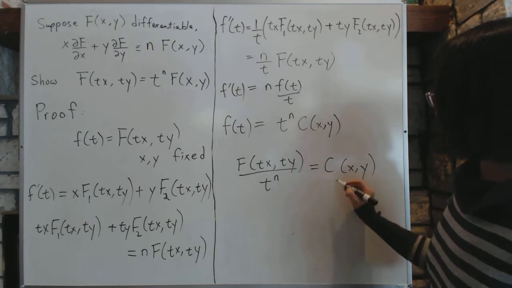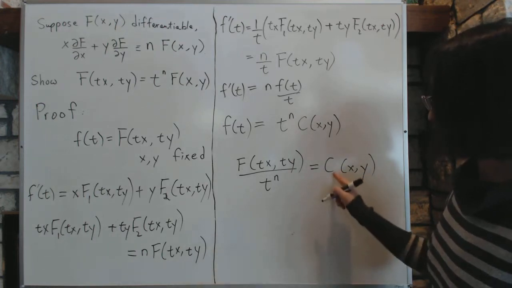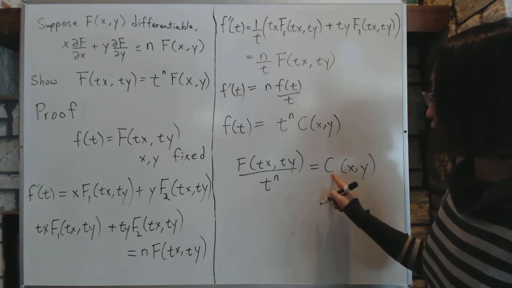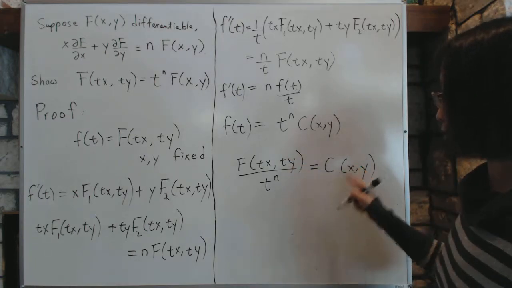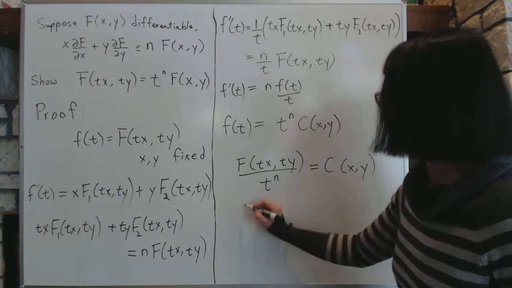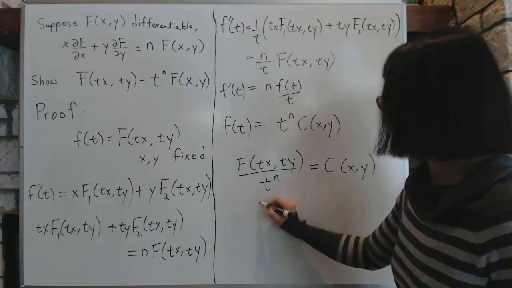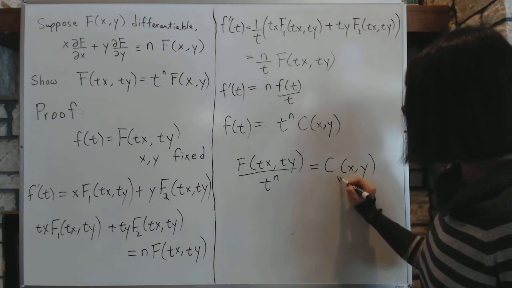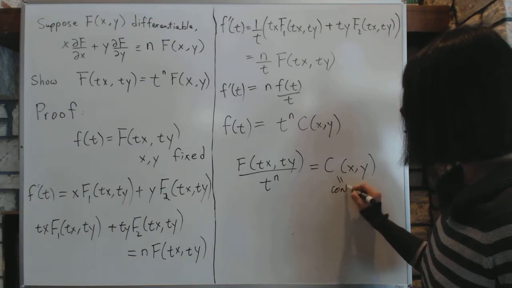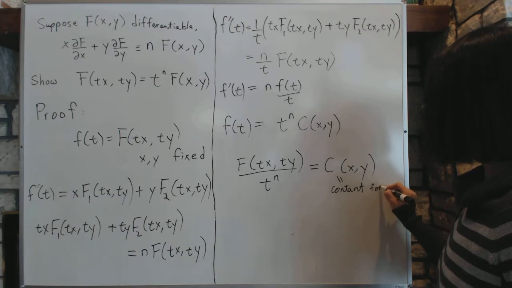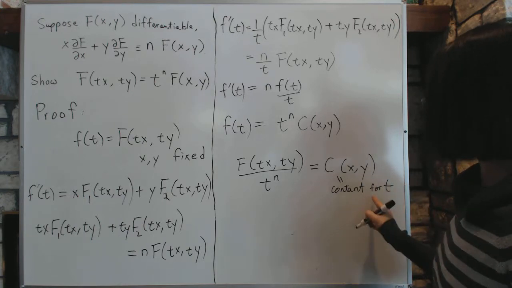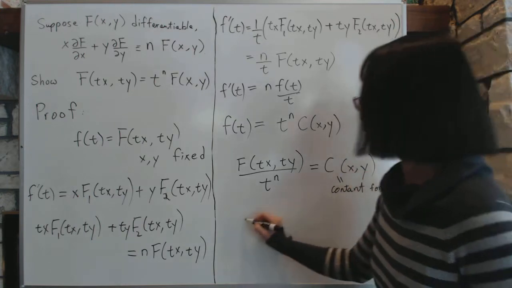Now, that means this doesn't change. C does not change with respect to t. That is, no matter what, this ratio is the same. So I should write it down: this is a constant for t. That is, t doesn't change its value. In other words, let's set